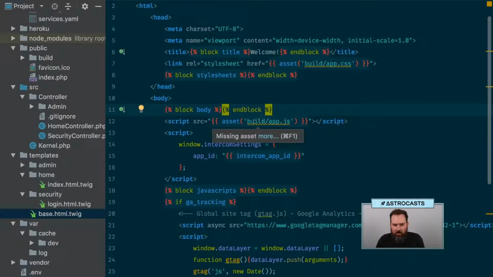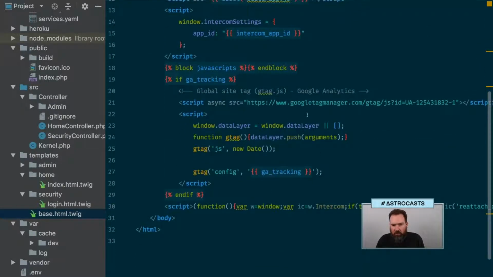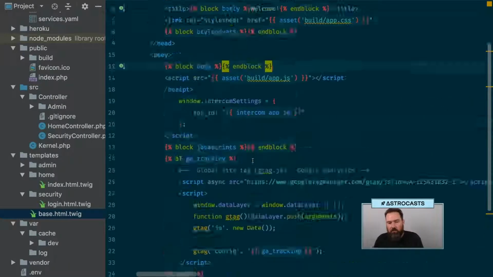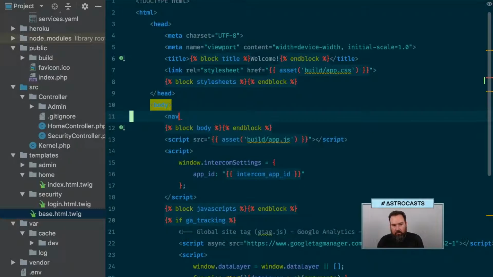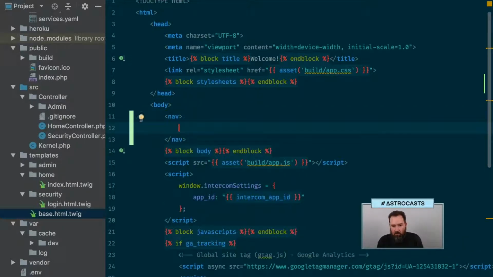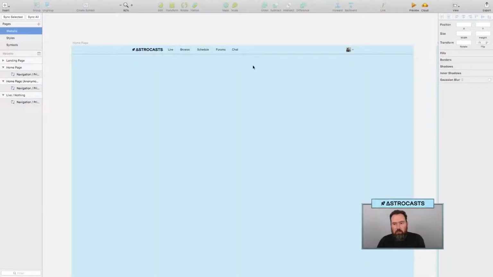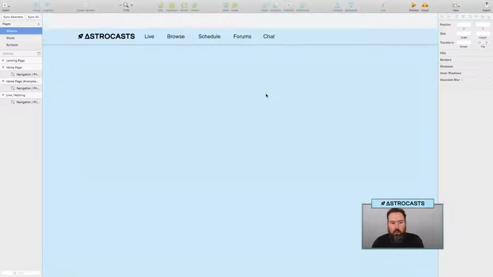And we have app.js, and then we have some other things in here to get Google tracking. So we already have a lot of stuff already in our base template, but there is actually more stuff that would be useful. So we're going to start with navigation. So I'm going to add a nav tag. And if we go back to the layout that I'm looking for here,